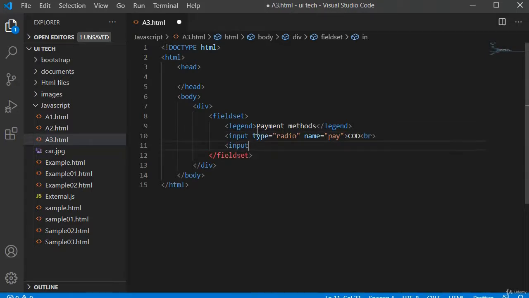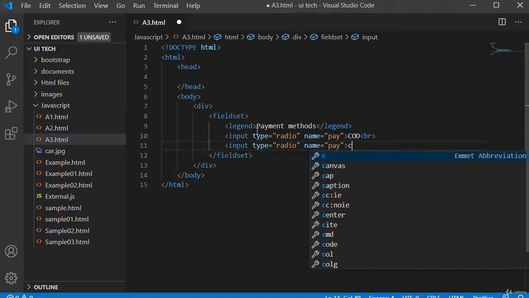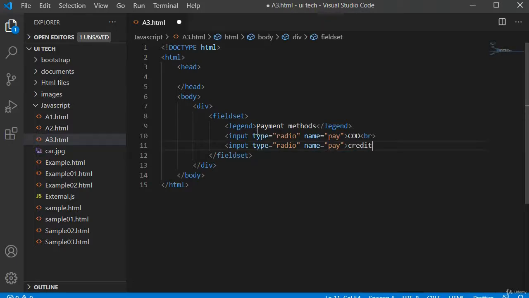Next I want to use another input tag. Type radio, and I want to give a name for this, like we have pay. I will name it as credit card. Just save it.